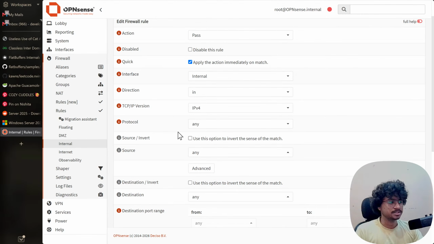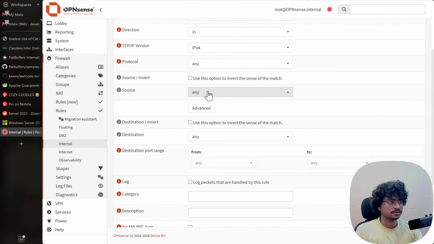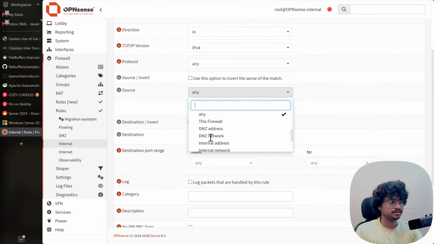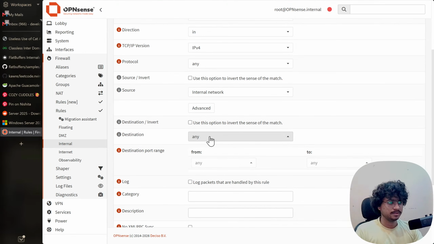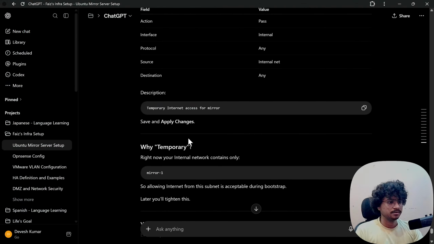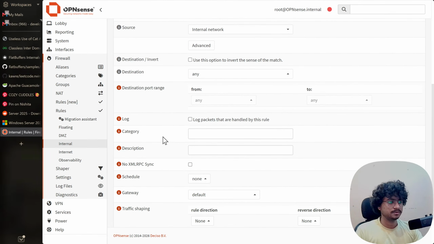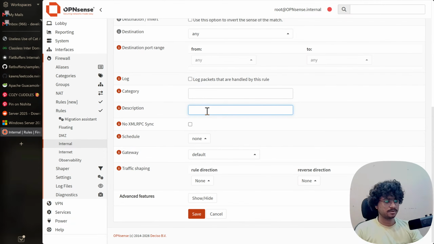Source internal network. Destination any. Description: internet allow for mirror.